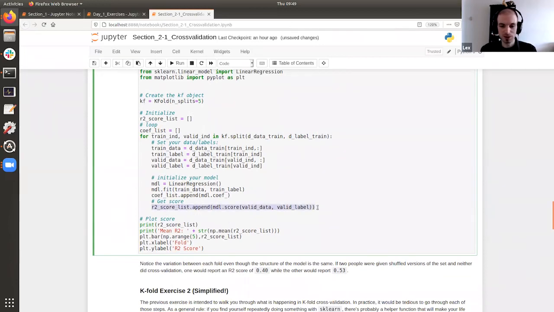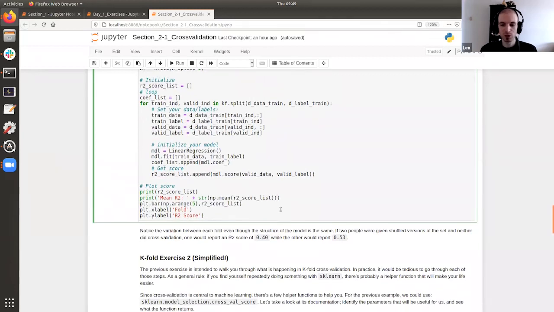So what this does is that it looks at our toScore list, which is the list that we initialized up here. And then it calls the method append, which is just going to add a value to the end of the list. And then we just compute the score on the validation data. So one of the things that would be useful would also get it for the train data, but we're just looking to see what the validation score is for this example. And then there's a bunch of code to plot it. So when we run this cell,